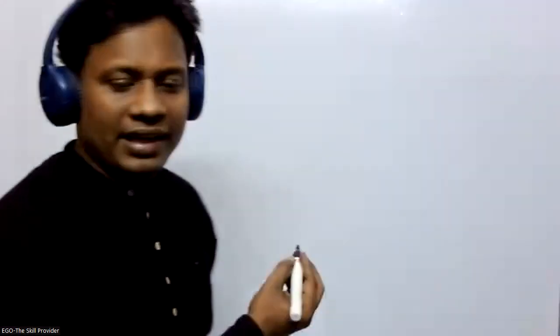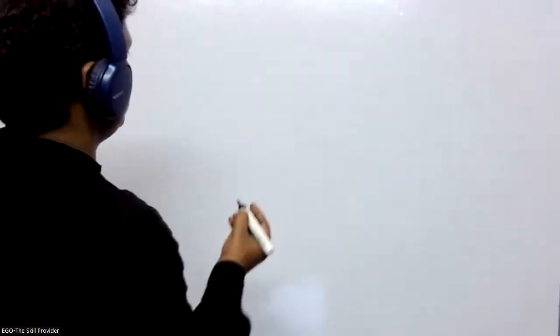Okay, so let me give an example here. Whenever you want to express something called ability, it is all about can, could, or able to, right? And we say all are equal. Absolutely not. Let me bring out the difference, and I'll tell you where exactly you can use can, could, and